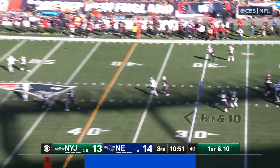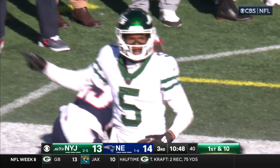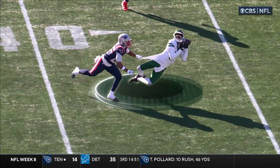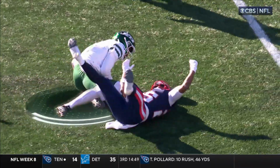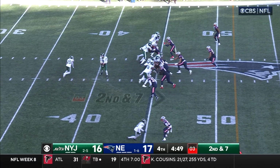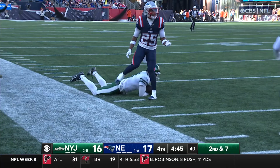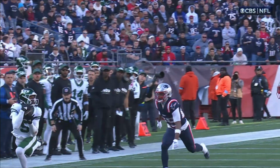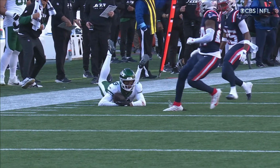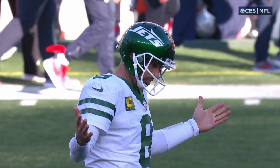As desperate as it gets in week 8, Rodgers puts some air under it, far side, it's caught. Wilson and the flag. Just to come down with it, I mean, it doesn't get any better. He has just been sensational in this game. On 2nd and 7, quick drop. Rodgers, perfect pass to Wilson. Trajectory, credit Wilson. If he didn't get such a great release to get that separation, Rodgers wouldn't be able to fit that football in, but